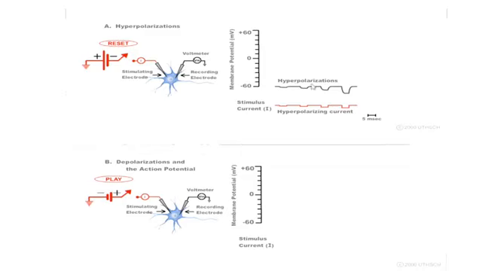Now here's just some terminology that you need to know. Anytime you make the inside of a cell more negative than it was at its resting state, that type of potential is called a hyperpolarization, right? Hyper means more. It has a greater polarization, more negative. Okay, so here what you can clearly see is the degree of the change in potential is proportional to the magnitude of the stimulus that's used to produce it.